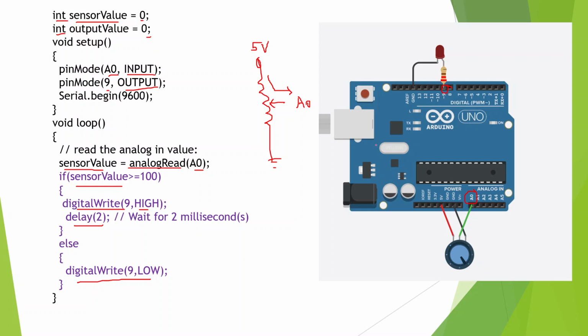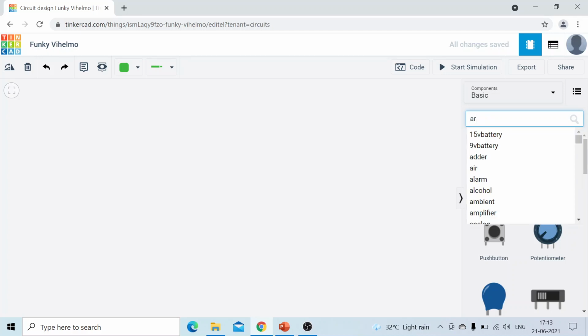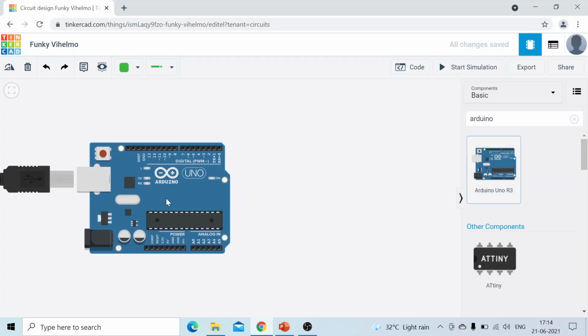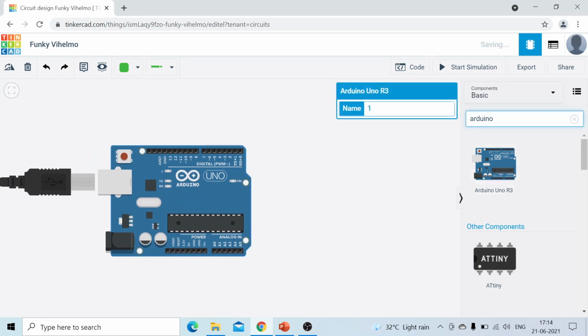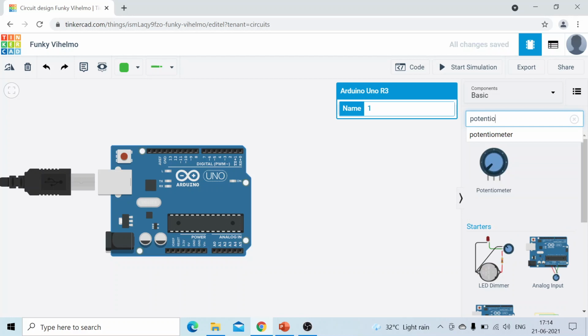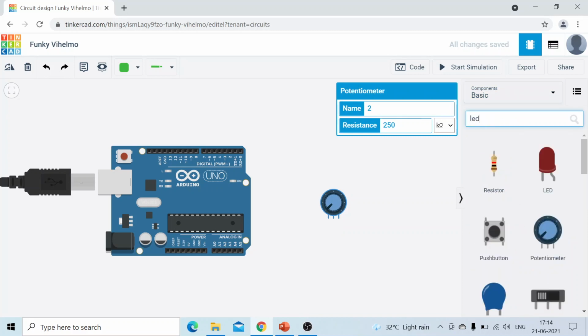Let's see the same simulation in Tinkercad. Now you can log in with your tinkercad.com. We are taking the Arduino as a component. Then we need a potentiometer, that is a variable resistor, and we are taking an LED with a current limiting resistor.